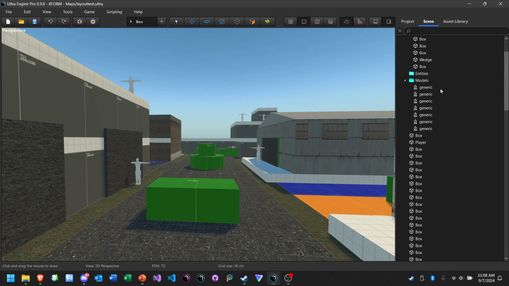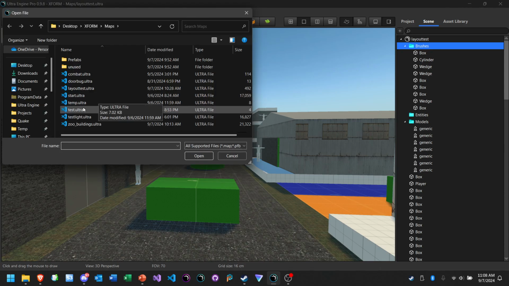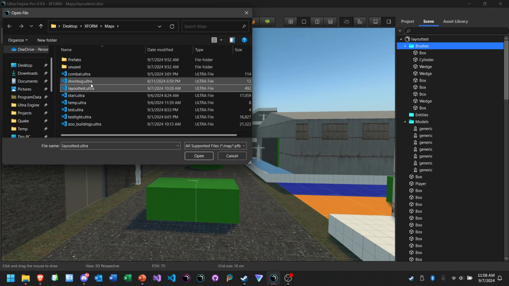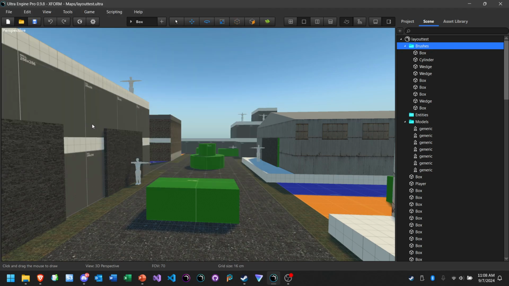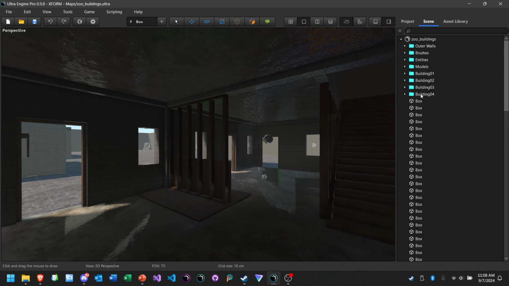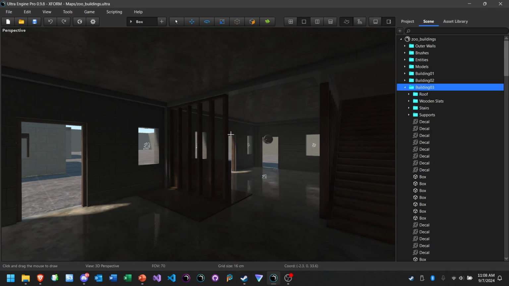What I'm probably planning on doing is this: we don't have this scene split up very nicely, although because of the copy and paste bug, we do have zoo buildings. We do have this scene split up, grouped up very nicely. I think what we're going to do